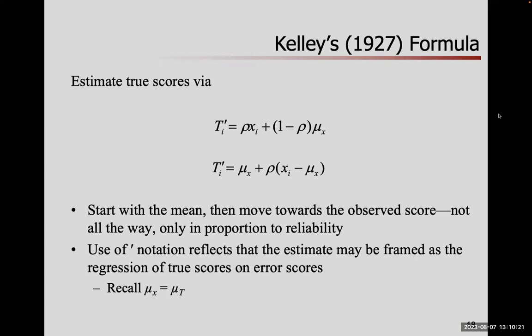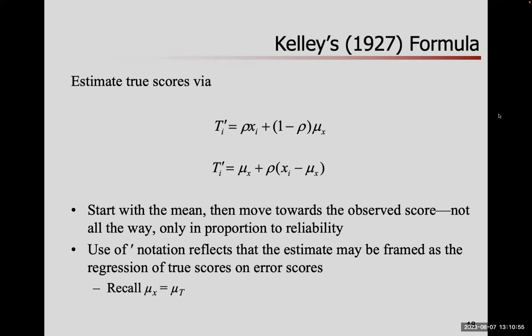On the right-hand side, yeah, you incorporate their X value, their observed score, but not just that. In fact, if you look at the top expression, you should take the score that they actually obtained, the observed score, multiply it by rho, the reliability of the test. And then combine that with, well, 1 minus the reliability times the mean of the scores. This is a weighted average of the person's score and the mean from everybody taking the test, weighted by reliability.